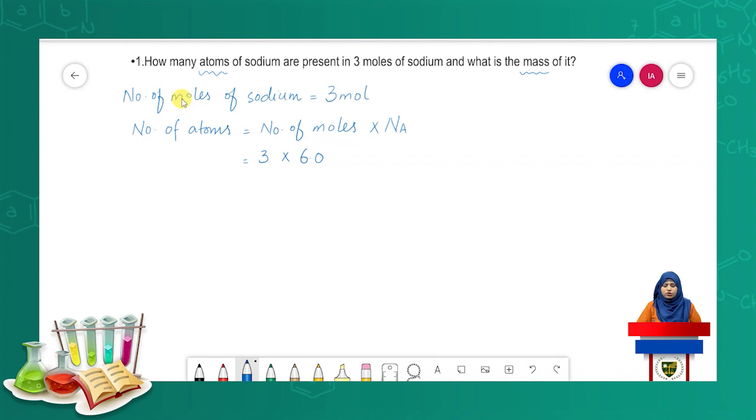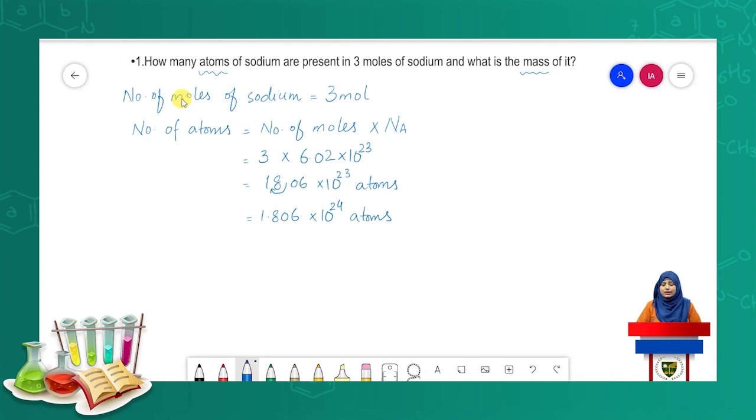And value of Avogadro's number is 6.02 into 10 power 23। and if we will multiply these two things we are going to get 18.06 into 10 power 23। but stop here, 18.06, this is not scientific notation। you have to write your answer in scientific notation, and for that purpose this decimal point has to move over here। so to do this we have to increase our value on 10। so your final answer is going to be 1.806 multiplied by 10 power 24 atoms। so ये तो था इस क्वेश्चन का फर्स्ट पार्ट।